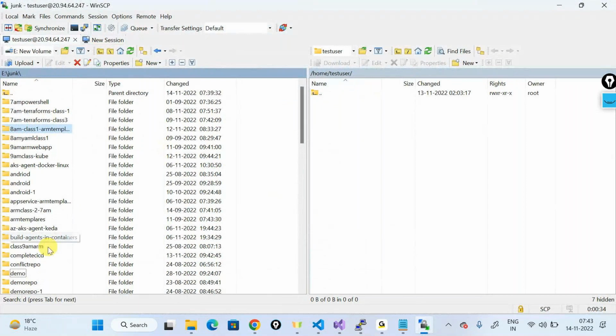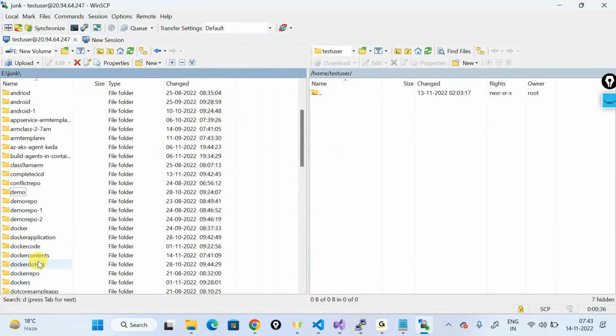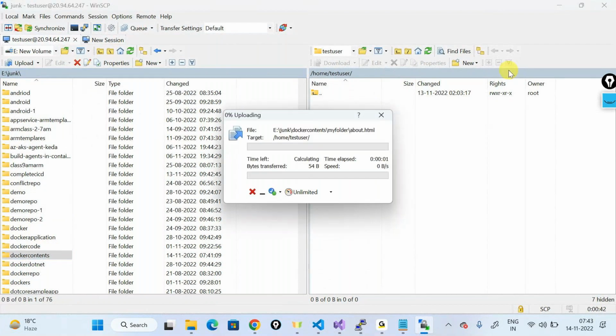So I'll scroll down, and this is the folder called Docker content. I'll just drag and drop this into my virtual machine. So I'm dragging and dropping all that Docker content inside my virtual machine. It will take about a minute or so to transfer this out. And once everything is transferred,